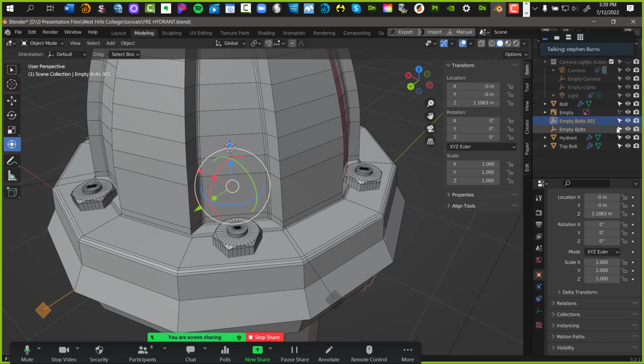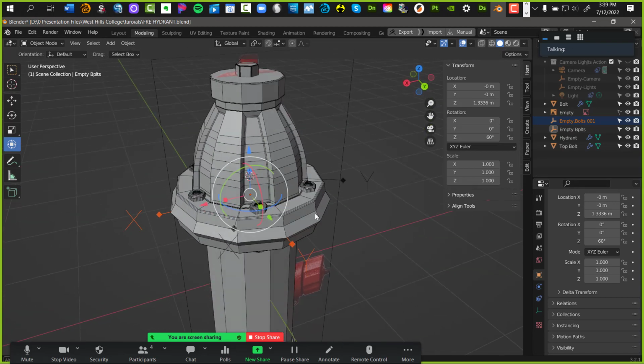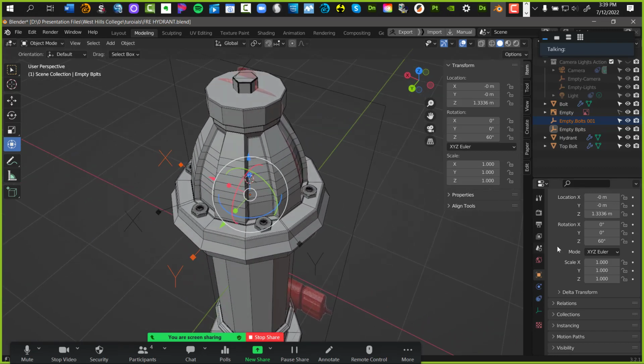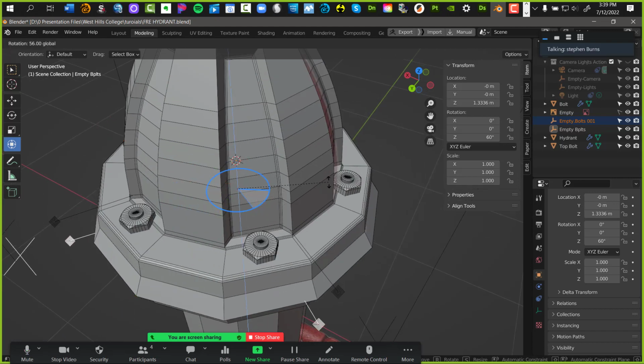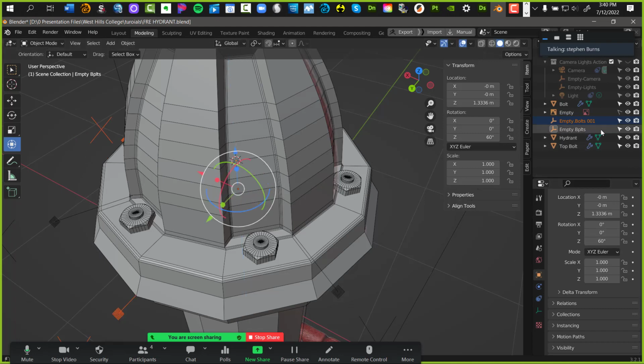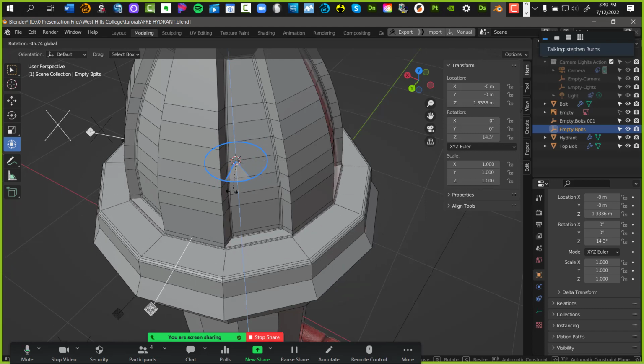Maybe it's this one. I've got the wrong one selected. I've got two empty bolts here. I don't know why. There we go. Let's go take a look at that option. I've got another empty bolts here. Okay, I've only done this about 50 times before, so why is it not doing what I expected? So here, go get the other empty bolts here. There it is. That's it. That's the one that's connected to the bolts.